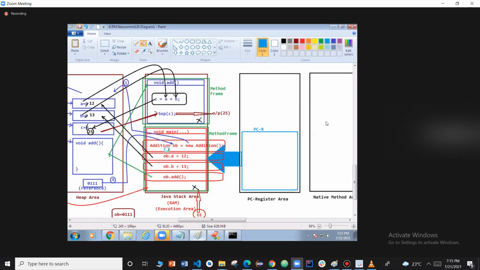Sir, what does monitoring mean, sir? See, when the first line is running here,